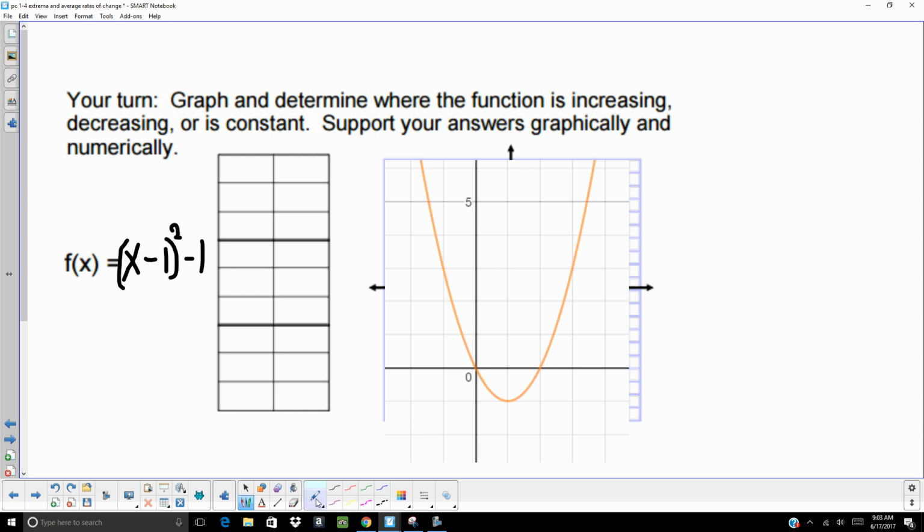All right, on this one, this is a parabola, and it is decreasing along this part of the graph from negative infinity to when x is 1. And then it starts increasing. So if I wanted to put that in function notation,